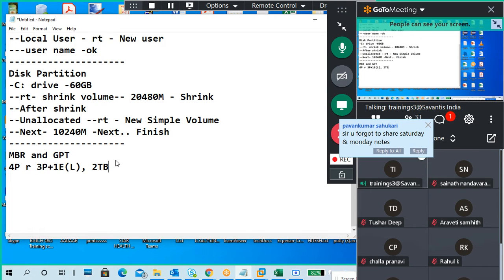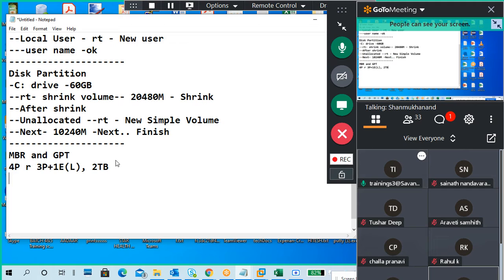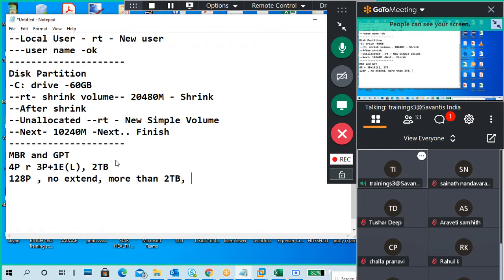In GPT, 128 primary partitions, no extended, and more than 2 terabytes: 18 EB or 9.4 ZB.